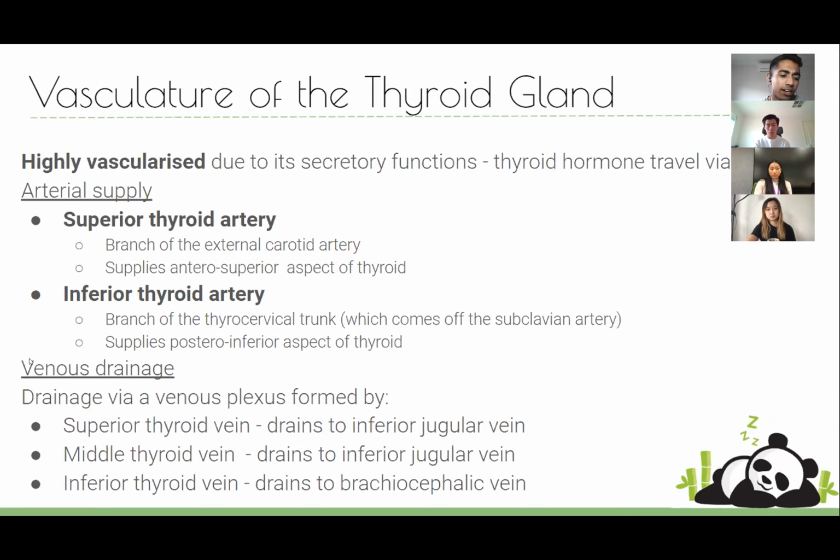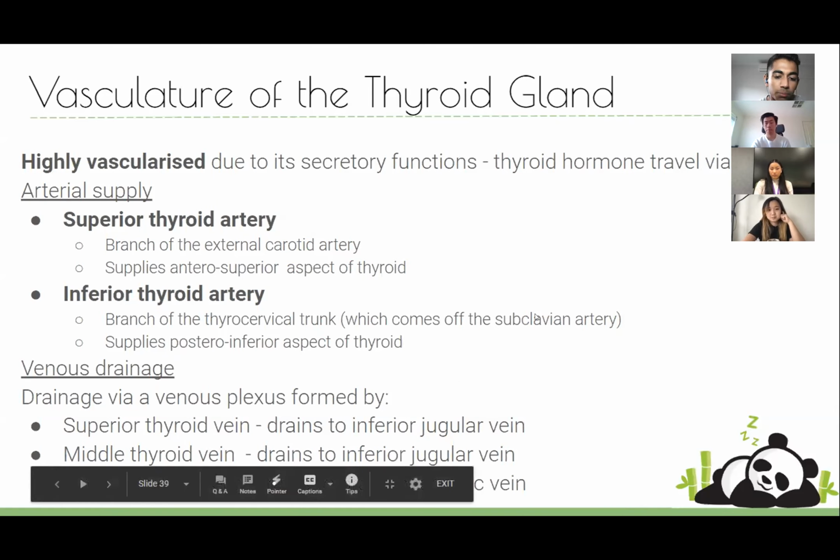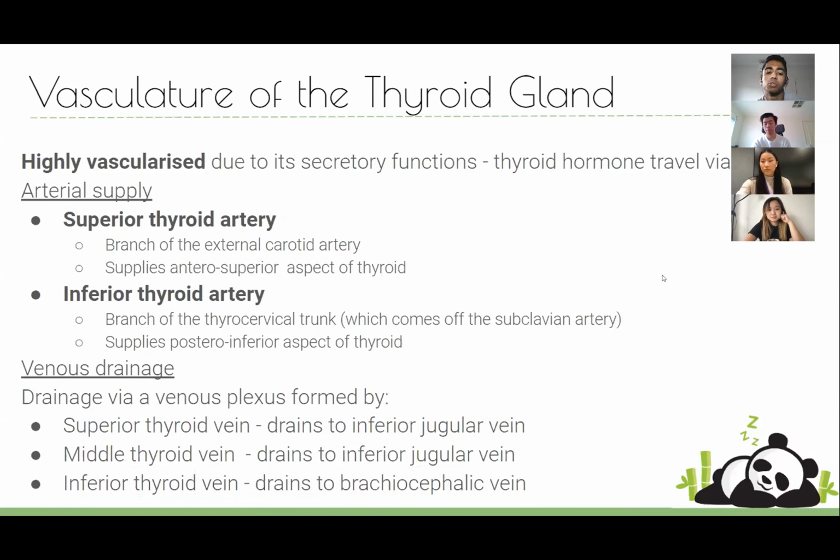And then we've got our venous drainage. Instead of 2 arteries, we've got 3 veins, which is a little bit different. And they all form this sort of anastomotic plexus around the thyroid to drain the thyroid. It's pretty highly vascularized, so it's got a pretty strong blood supply. So you can imagine if there's any disruption to this, you're going to get a lot of hemorrhage within the pretracheal fascia. So you've got your superior and middle thyroid veins, which are both draining to the IJV, and then you've got your inferior thyroid vein, which drains to the brachiocephalic